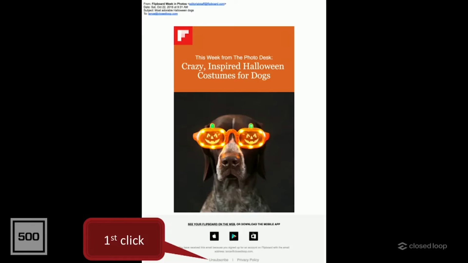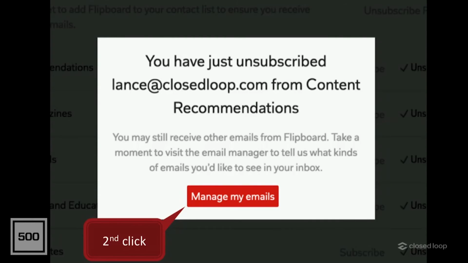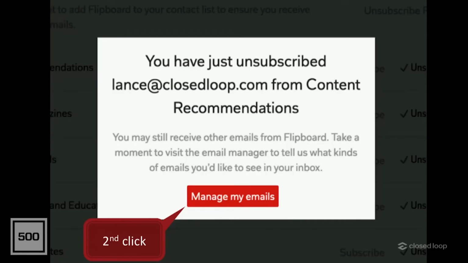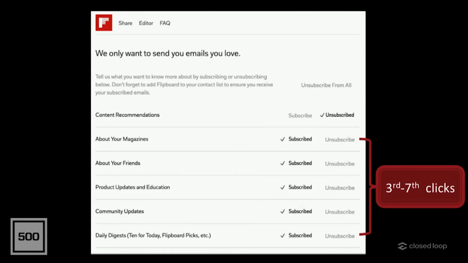All right, so I get over this. I hit unsubscribe, and I think, great, I just unsubscribed, perfect. And I go to click what I assume is the close button, but instead the label is manage my emails. What the? I just unsubscribed, right? So now I have to go read, which I hate doing, right? That's work. You may still receive other emails from Flipboard. Oh, God. Take a moment to visit the email manager and tell us what kinds of emails you'd like to see in your inbox. Oh, shit. All right? I've got to unsubscribe on all of these.